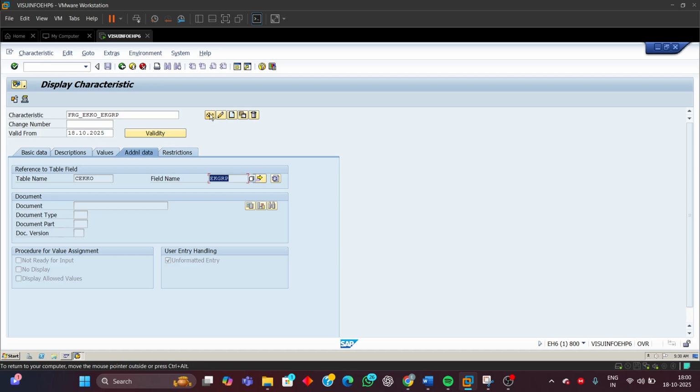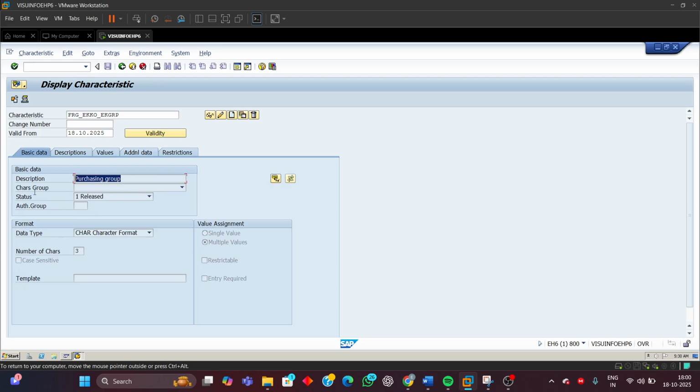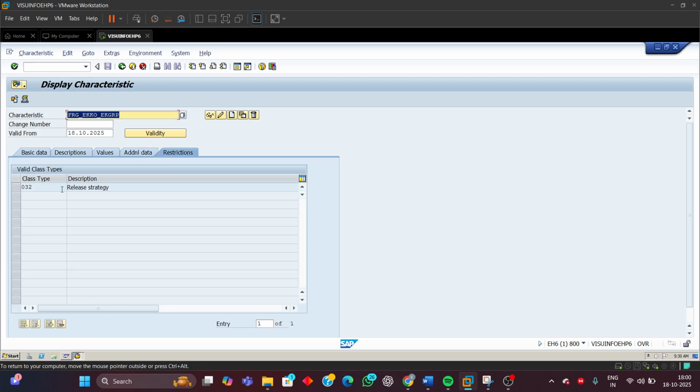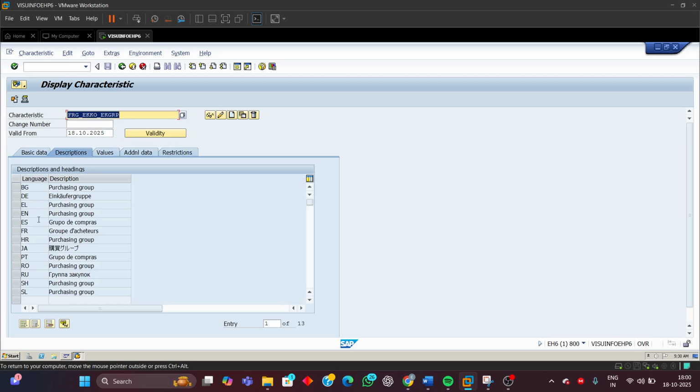EKGRP. Okay, if you go to the basic data, we can see the system has automatically updated the description as purchasing group, with character format and number of characters 3, and I have selected multiple values. This one we have to select multiple values. Then in restrictions, I had added the class type 032, and in descriptions, if you want, we can add the description in different languages,